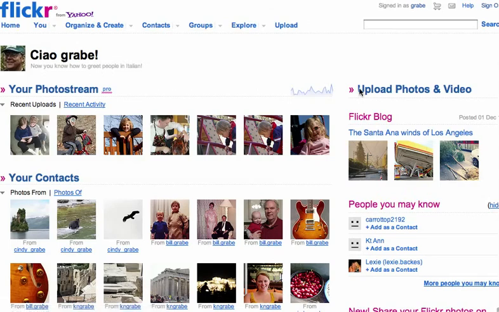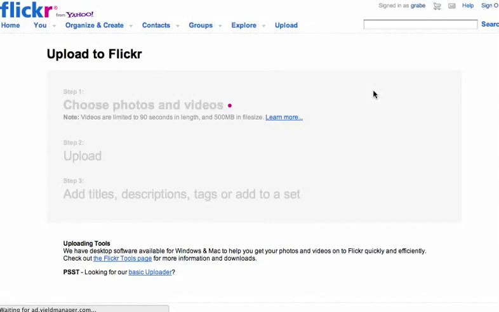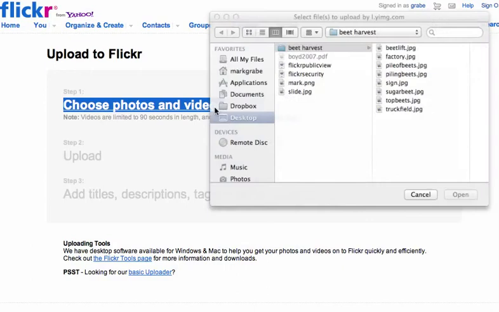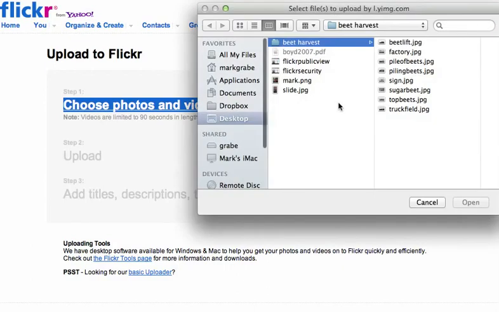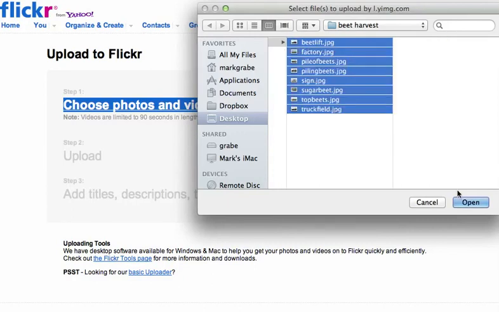you'll see one method, or you can watch me use one method for uploading photos. So I'm going to click this. This will give me the opportunity to select the photos that I'm interested in. The internet is slow. All right, so on my desktop, I have this collection of images. I want all of them. And so we're going to open this